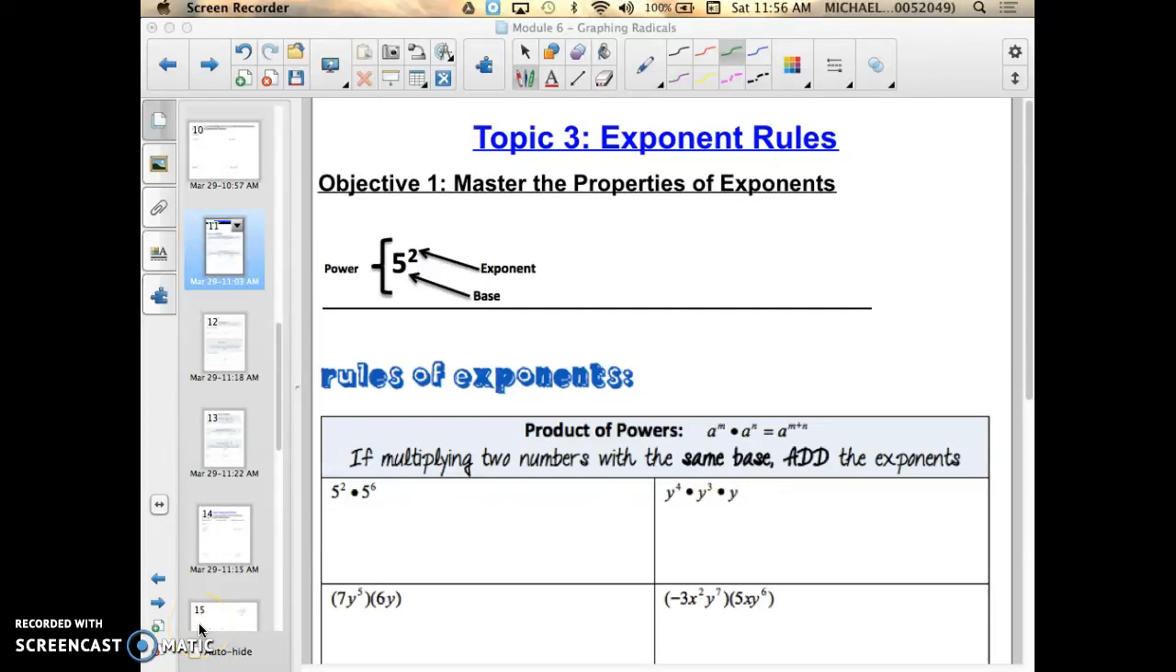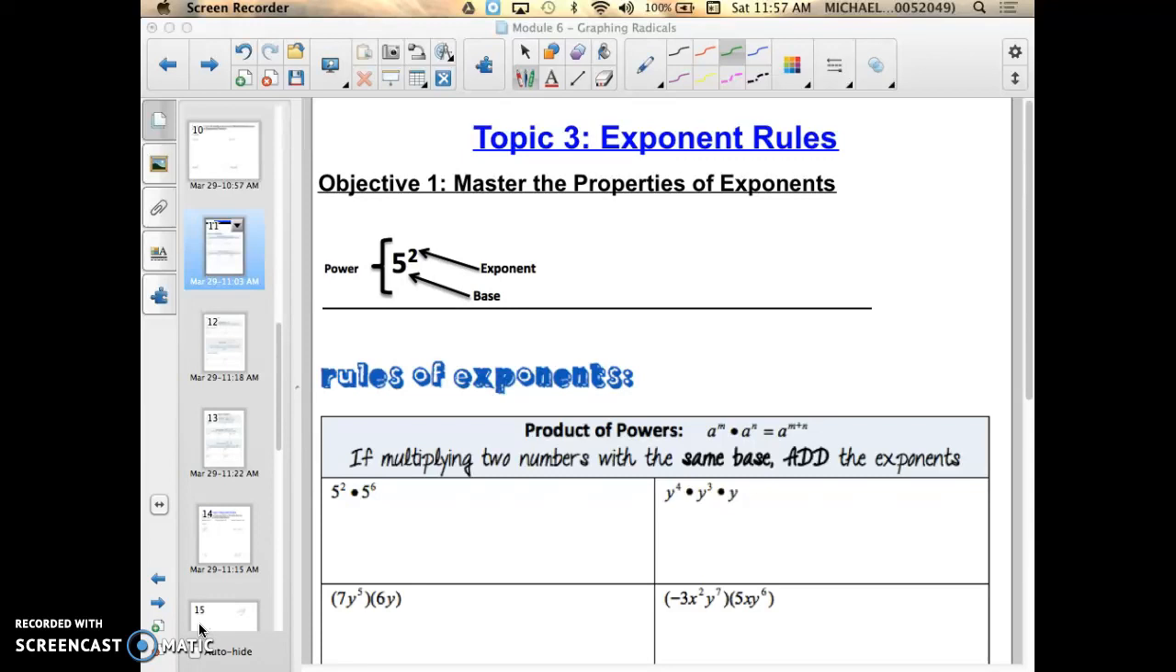Topic 3 is exponent rules. This topic is going to have two objectives. The first objective is going to be master these rules, or master the properties of exponents. Alright, this is review from Algebra 1, but I still want to go over it because you're going to use